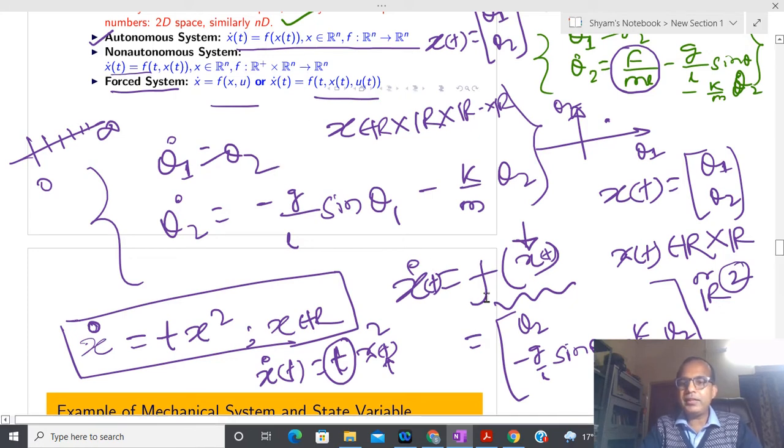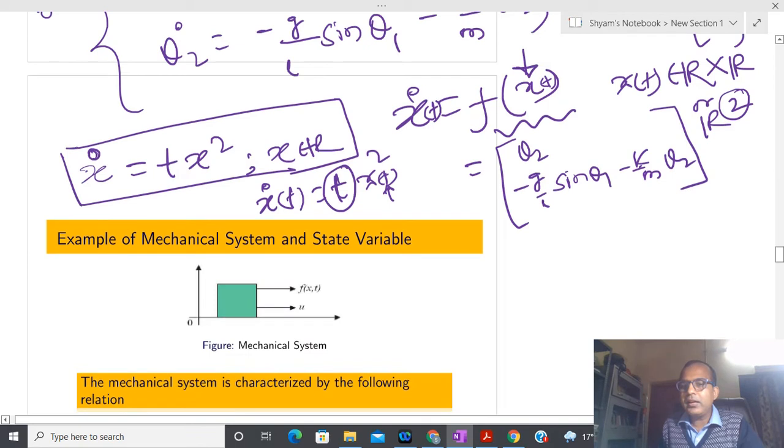Okay, I will give you the example, then you are able to understand. In the pendulum system, suppose now you have to design force F. So the question is how to design that force. You have measurements of theta1 and theta2, angle or angular velocity. Now you can define a forcing function.